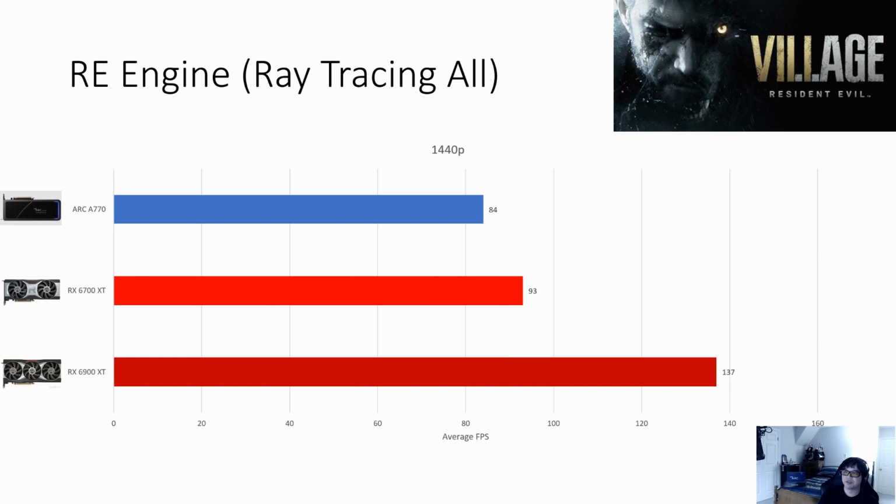If we go up to 1440p, still very playable. Surprisingly, with all the ray tracing settings turned on and the custom preset at this resolution, it was telling me that it can consume over 12 gigabytes of memory. I think the number was like 12.3 or 12.5 gigs of memory on the VRAM. And that is more than the 6700 XT has, because that's a 12 gigabyte card,